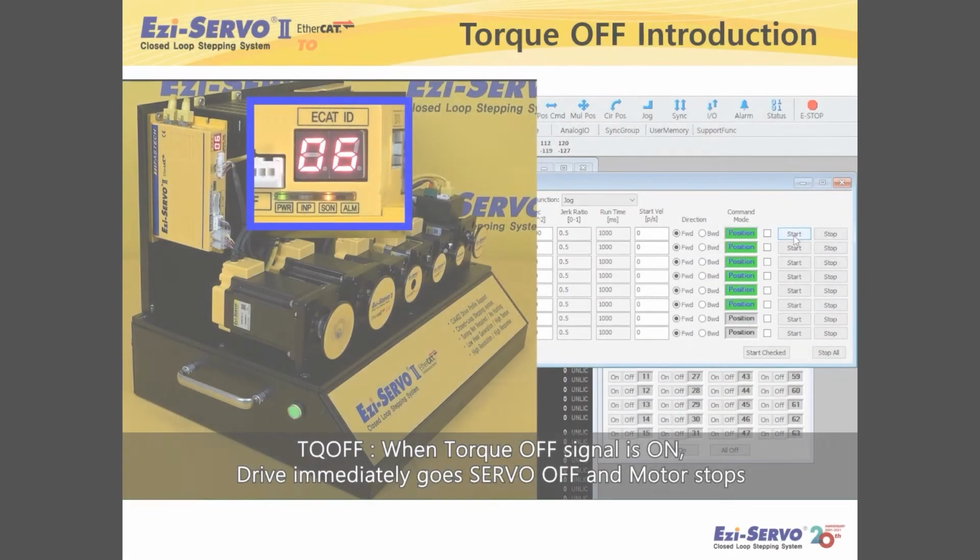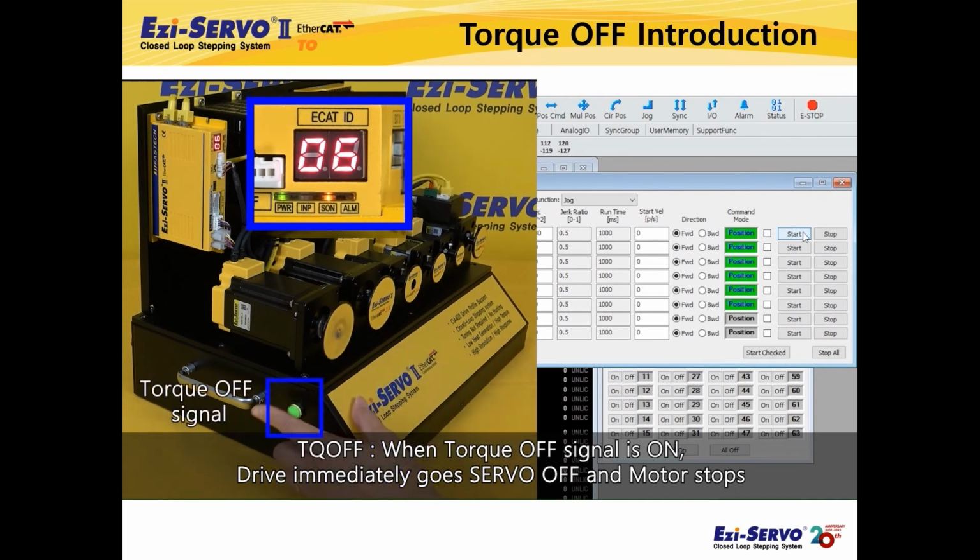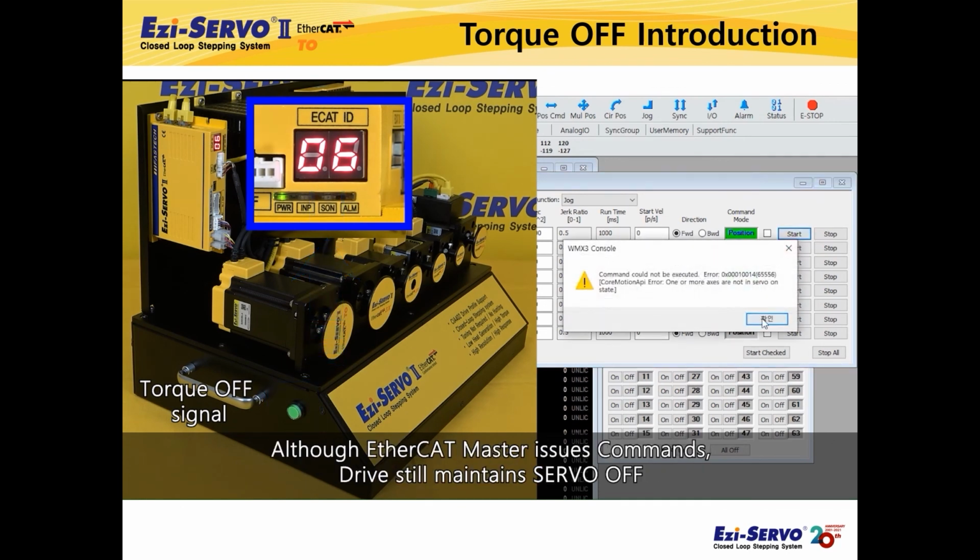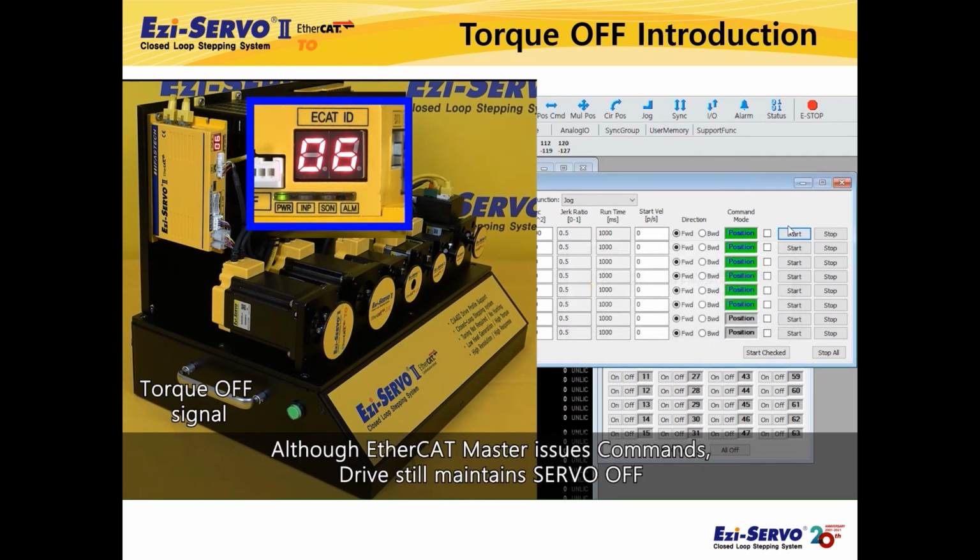As you can see, if the torque-off signal is turned on through an external sensor, the drive becomes servo-off state, the motor power is cut off and the motor immediately stops by inertia. In this state, the servo-off state continues even if an operation command is issued from the EtherCAT master. However, except for the motor power, drive control and EtherCAT communication are performed normally. In other words, since the motor power is cut off with a hardware signal regardless of EtherCAT communication, the motor can be stopped immediately even if there is a problem with EtherCAT communication, thereby preventing accidents due to malfunction during